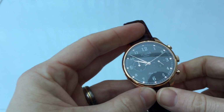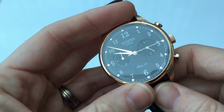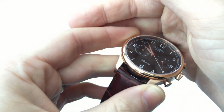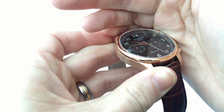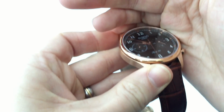Okay, so that's all the specs. Let's have a look at it in closer detail. So starting off with the dial then. It is black. It's quite hard, I'm in a conservatory, so it's quite hard to not get a little bit of reflection on it. But as you can see, it's not jet black, but it's quite a nice dark charcoaly